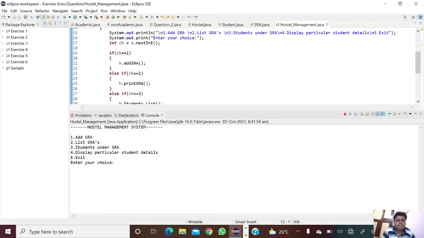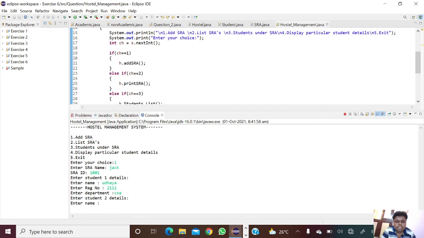It is asking to enter the choice. I need to give a choice as 1, and enter the SRA name as Jack, and SRA ID is 1001, and student 1 name is there, register number is 2111, department CSE, and enter student total details.